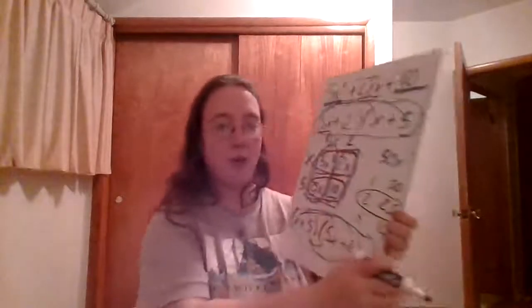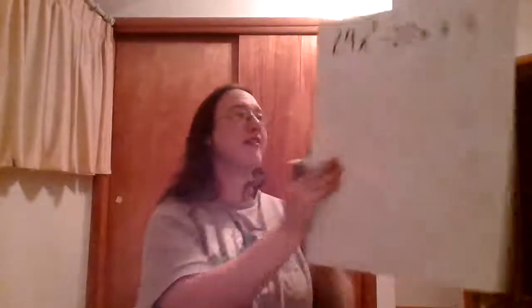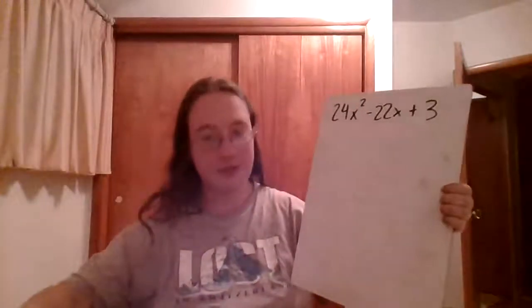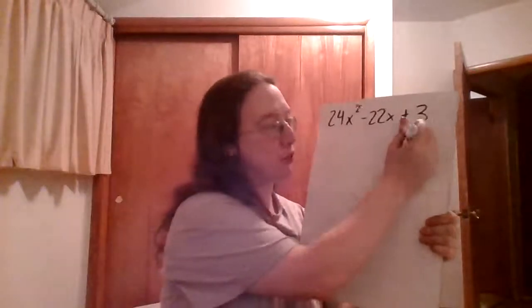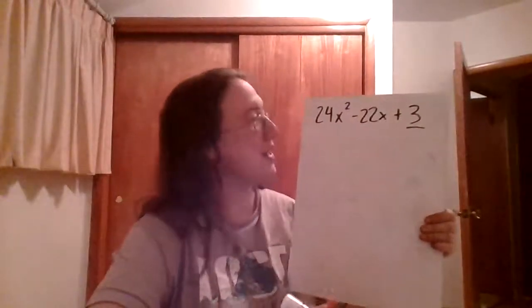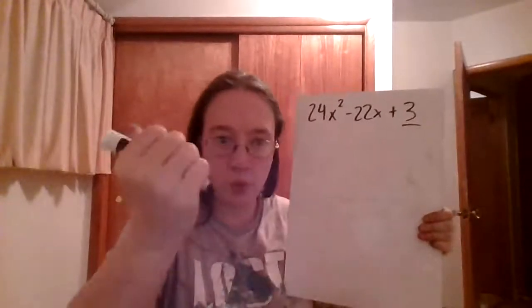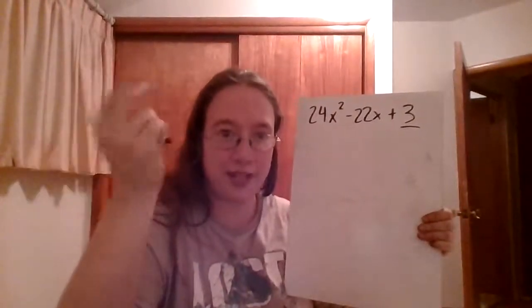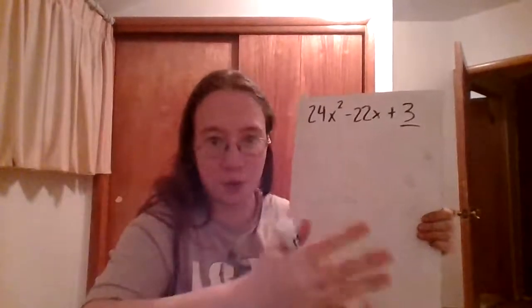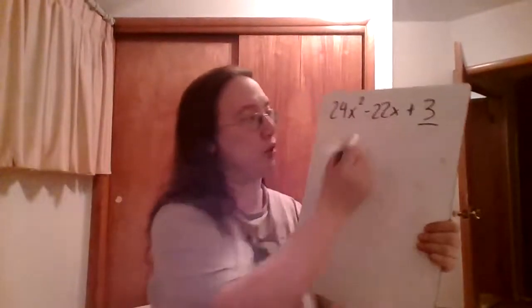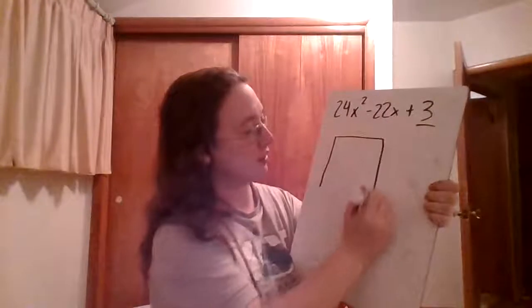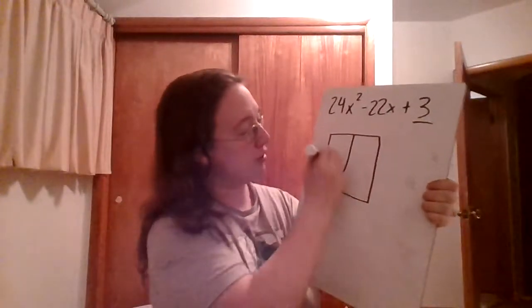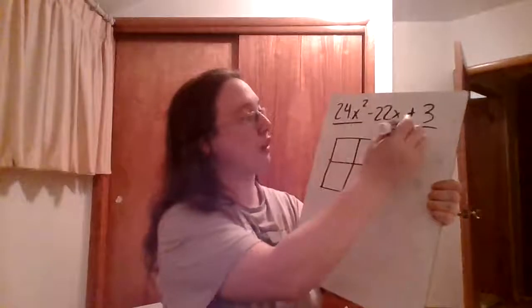Okay. We're going to try that method with one where your factors aren't quite so nice. So let's say I've got this. Now, the reason you probably don't want to guess and check with this one is 3 would be okay. Your only factors of 3 are 1 and 3. But if I'm looking at 24, you've either got 1 and 24, you've got 2 and 12, you've got 3 and 8, you've got 6 and 4. You probably don't want to go through and guess and check all those, see what gets you close to 22. So we're going to stick it in a box. So, box. And my 24x squared and my 3